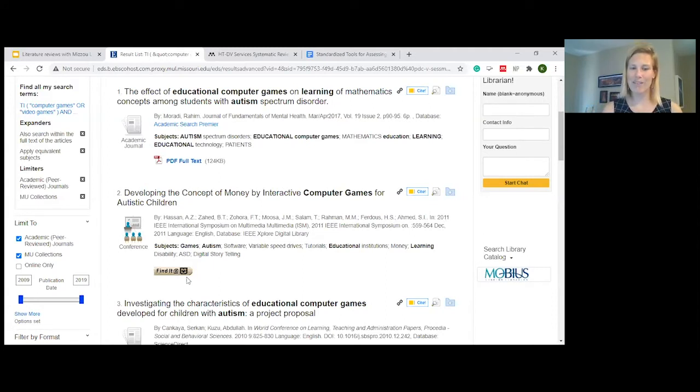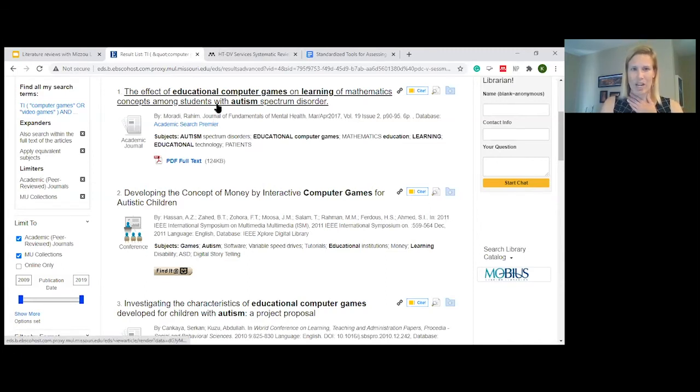Or if MU doesn't have access to this particular resource, you'll be redirected to a page where you can request it through interlibrary loan. And libraries are great at sharing things with each other. We love sharing things. So you would just fill out a request and we would reach out and say, hey, University of Wisconsin, we see you have this paper. Somebody wants to read it. Can we borrow it? They'll say, sure. It's a free process for you completely. It's already covered in tuition and fees and all of those things. So if you see something that you need for your research, please reach out and get it. It's a pretty fast process too for electronic documents.